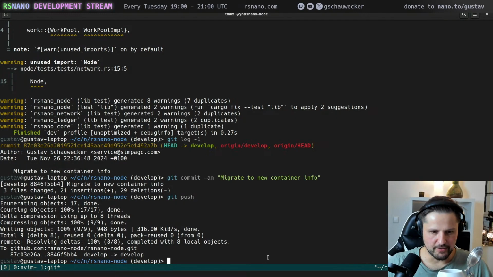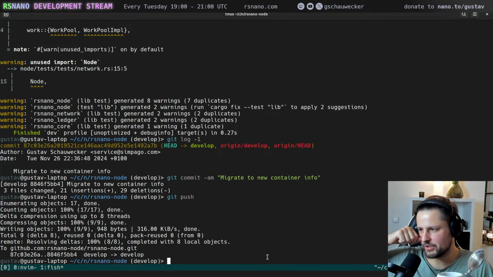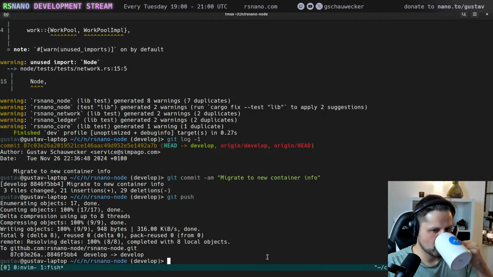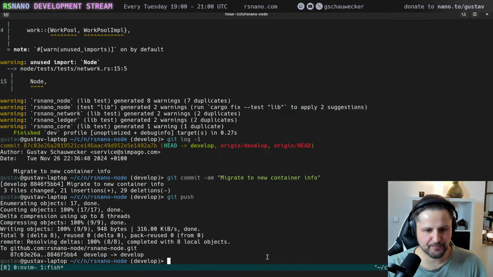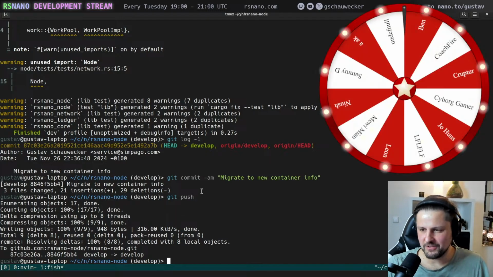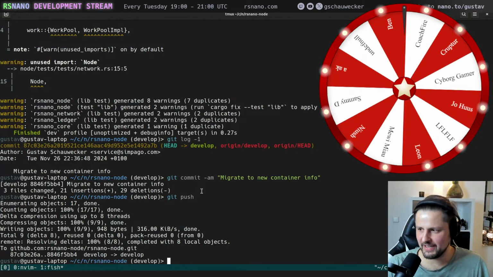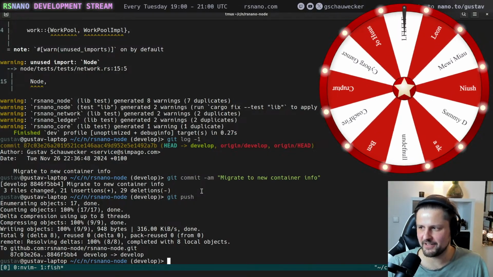Yeah, and this is something simple that I'm going to finish this week, and then I can remove the old container info. And in this style, I work usually all of the time. Just tiny steps, just keeping things working all of the time. And it means I can interrupt my work whenever I want. So I can just commit and push whenever I want. And that gives me a lot of freedom. Because nothing is worse than working on your broken branch for days, and you try to make it compilable again, and you have no idea what's broken after that.